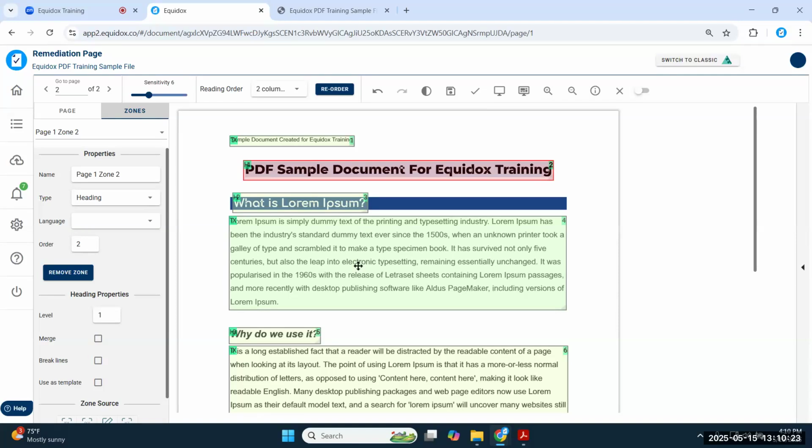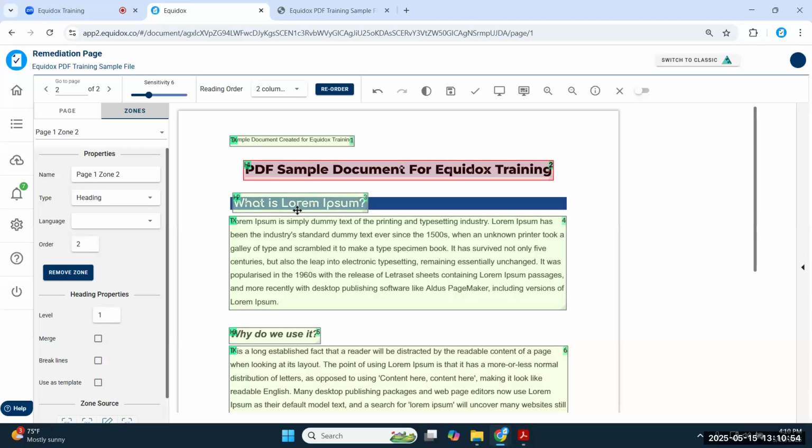I had a question about when you were going through, for example, the headings. Can you control click on 3 different headings and change them all at once to heading 3 or whatever it is? Or do you have to do it individually? Individually. There are some accessibility limitations with multi-selecting different zones at the same time. So to keep Equidocs an accessible interface and application, we limit it to just one zone being manipulated at a time.